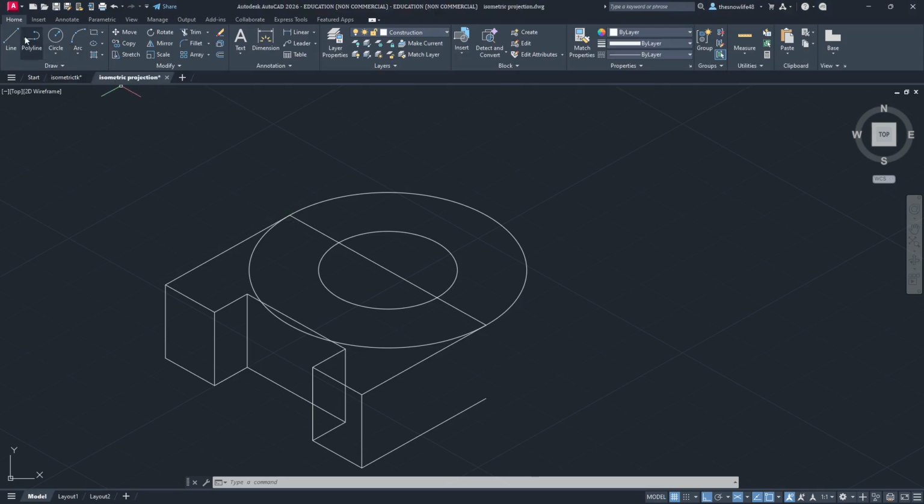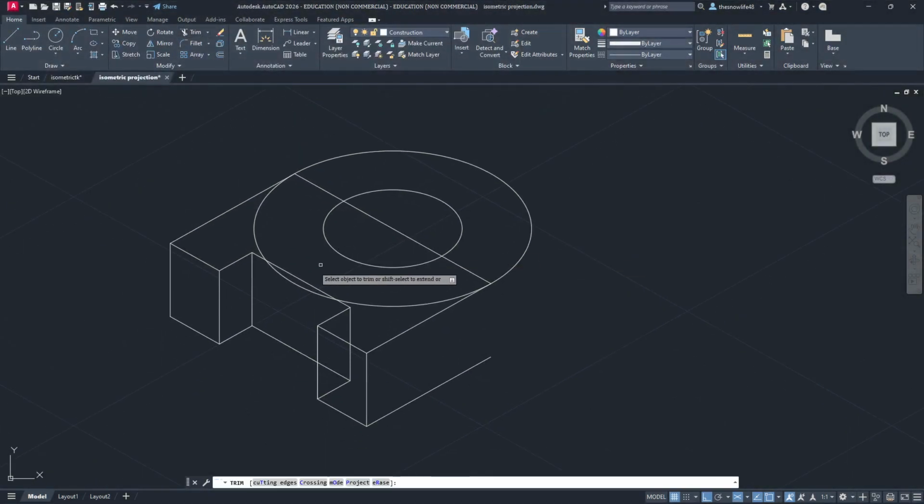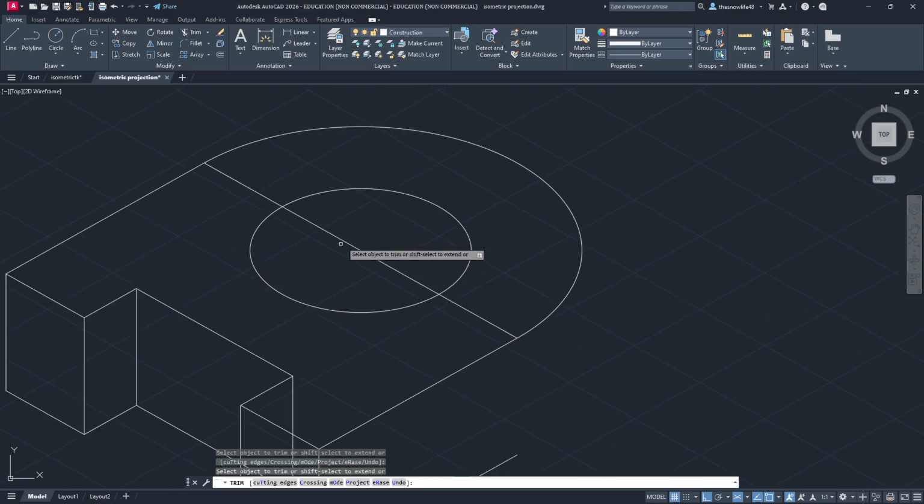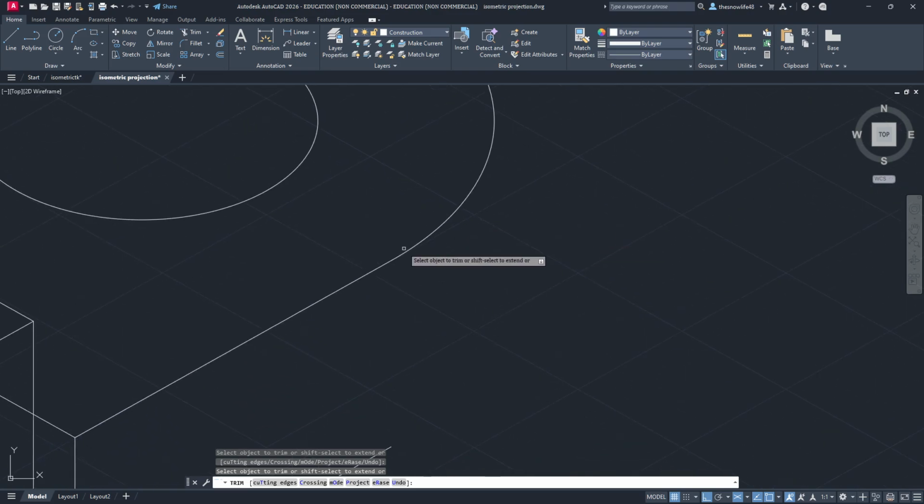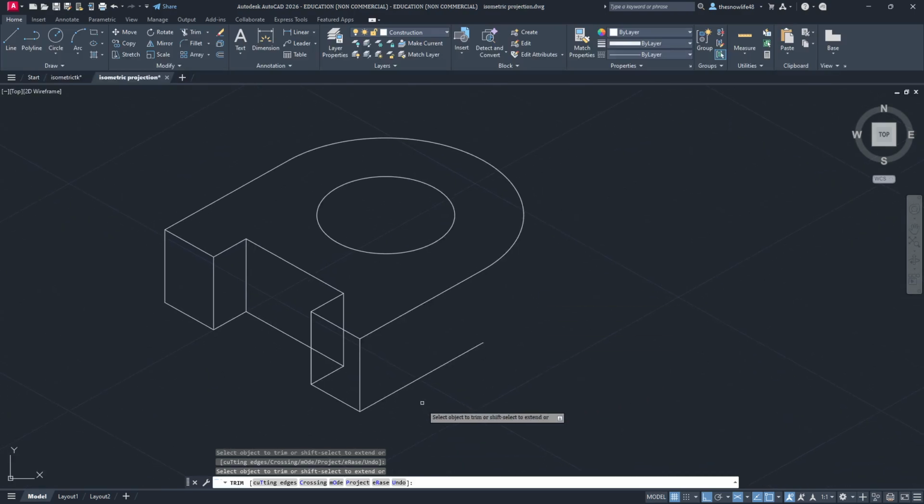Now trim command. Trim is here. Trim the parts that we don't need. You can go. So can you and you. Yeah, looks good. Now we need to copy